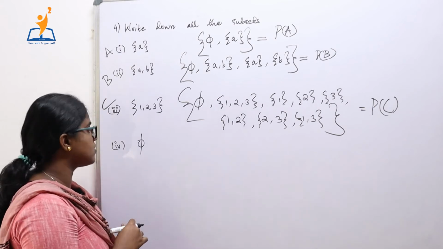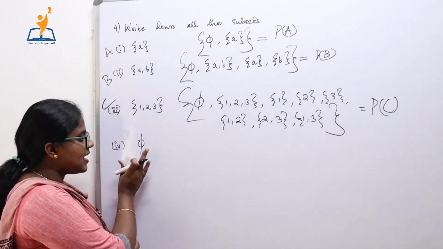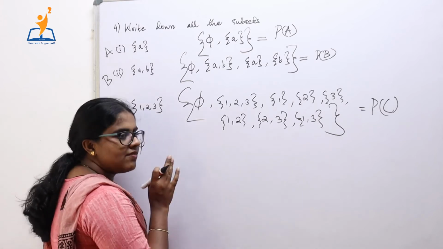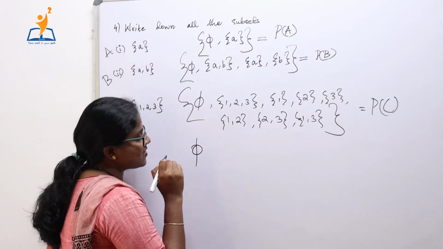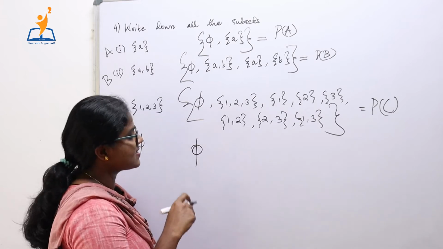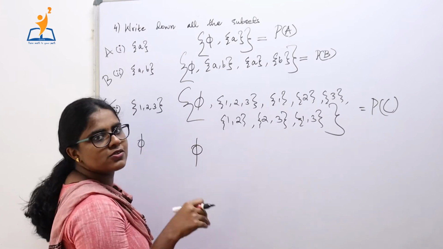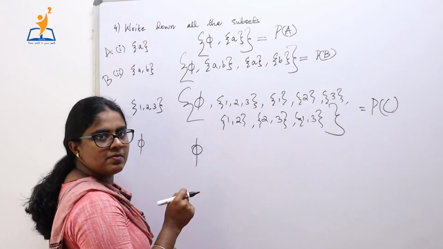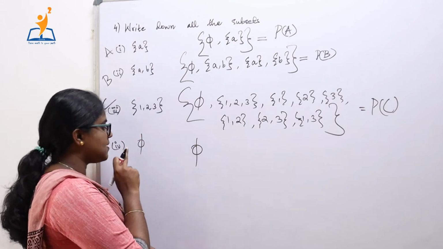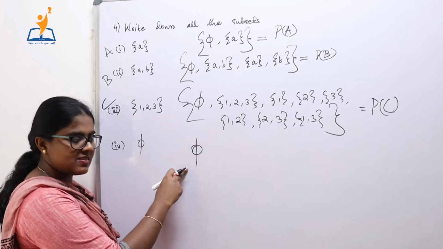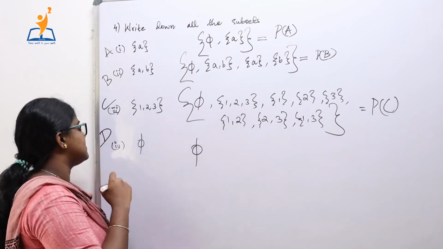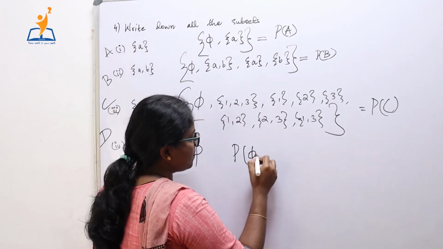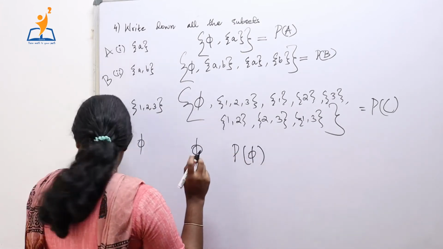Moving on to the fourth question. This is the empty set. Phi is an empty set, and we know that empty set is always a subset of any set, and the set itself is also a subset of any set. Here the set itself is again the empty set, so the only subset of this set is this, and if we call this as D, then power set of phi, that is power set of D